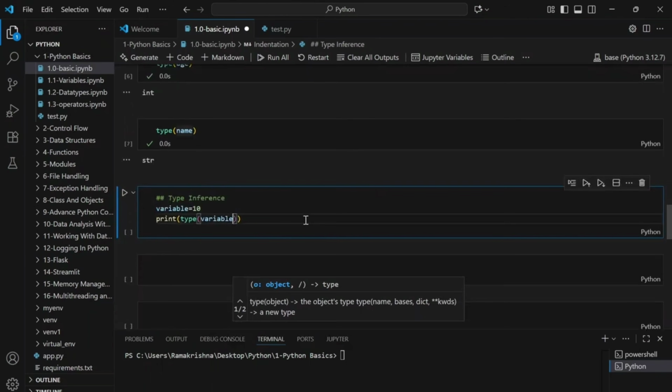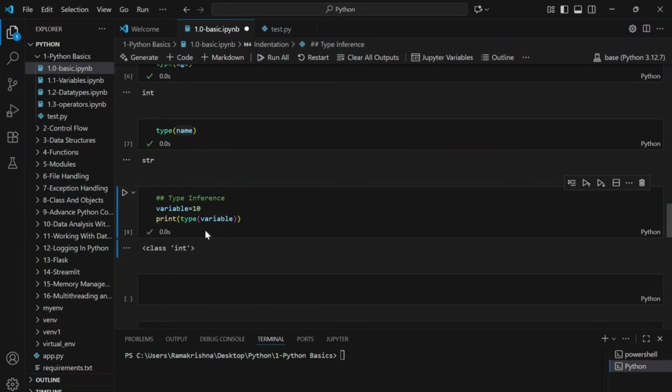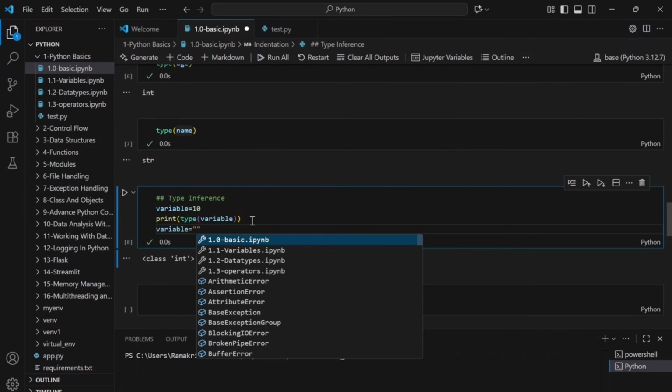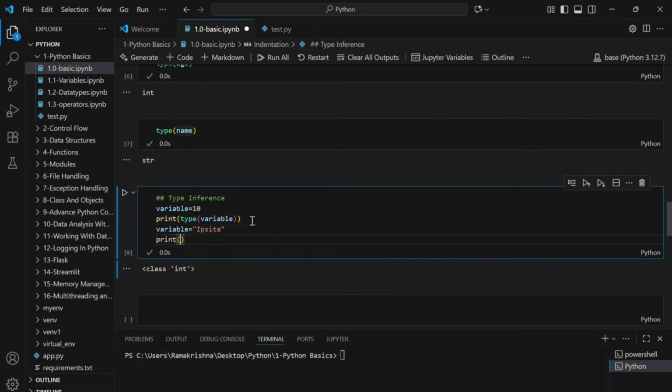Type inference is nothing but how Python decides the variable's type dynamically at runtime. If you see here, it says this is of class integer.